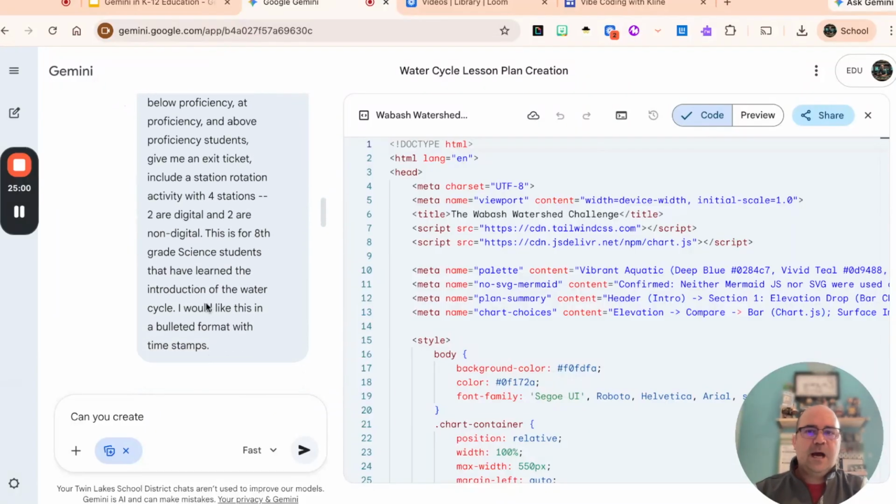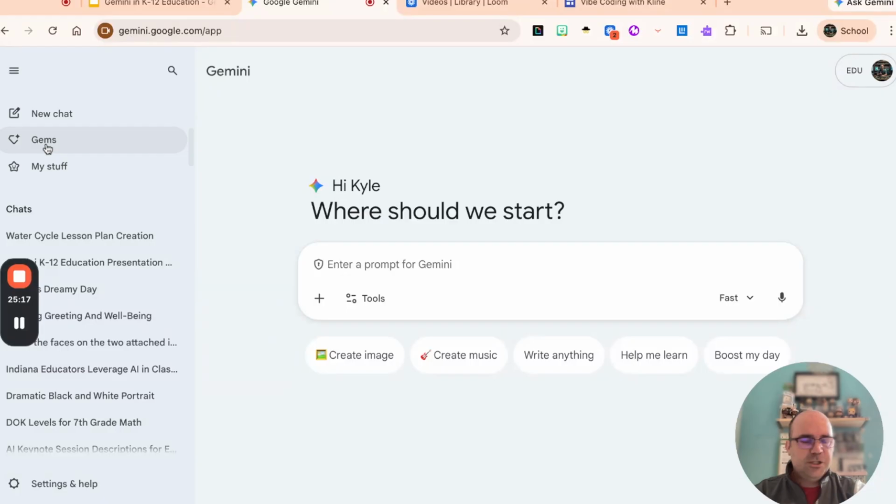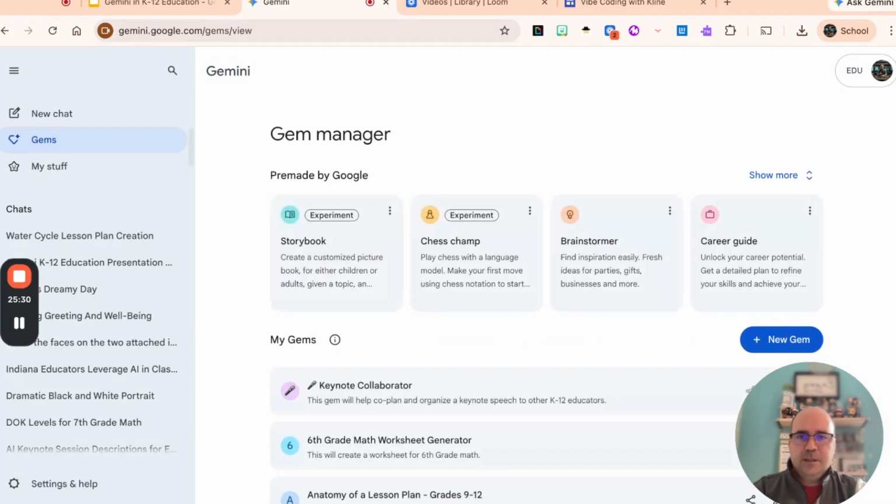Now, the reason I copied this is because you can create something in Gemini that is known as a gem. If I move this here, notice on the left side, you're going to see gems. If you create a lot of lesson plans, and you're going to create them over and over again, here's a shortcut. Let's make a gem. If I look at my gems,